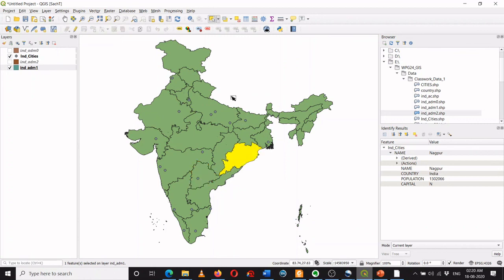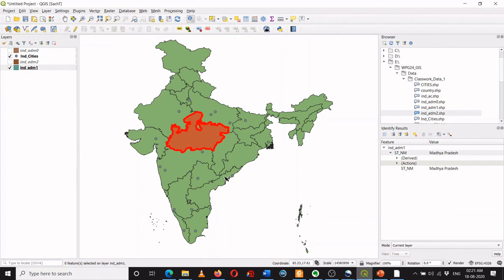So while using this selection tool or the identify tool, I'm deselecting it. You should ensure that the appropriate layer is selected, then only the identify tool can show you the appropriate feature and corresponding attributes in the identify result frame.